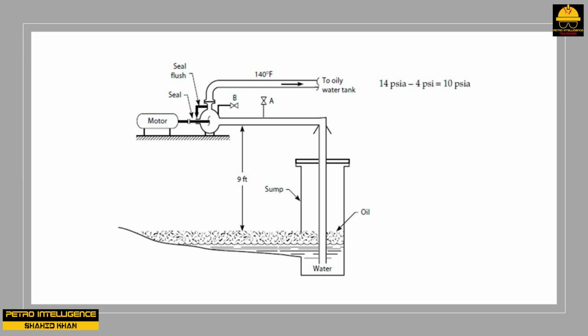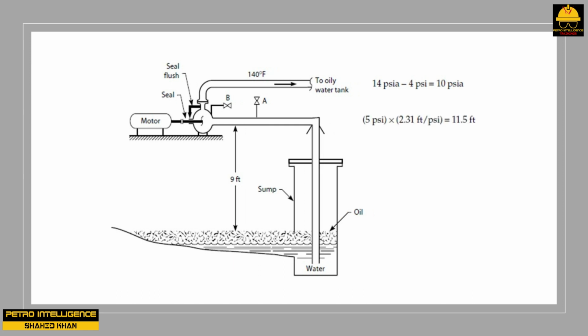The suction line itself was a rather rough, old cast iron pipe, with a frictional loss of 2 psi. This frictional loss must be subtracted from the 7 psi I just calculated. This leaves 5 psi available for us to convert to feet. 5 psi times 2.31 feet per psi equals 11.5 feet. This 11.5 feet is the NPSH available to the pump. The pump itself requires only 6 feet of NPSH to pump 1200 GPM of water. Hence, even though the pump's suction is 9 feet above the water in the sump, the available NPSH is twice